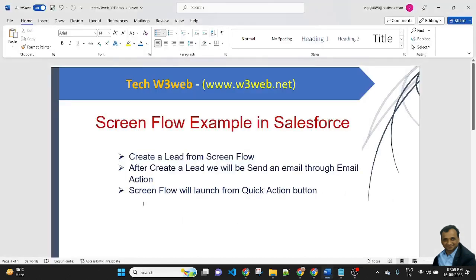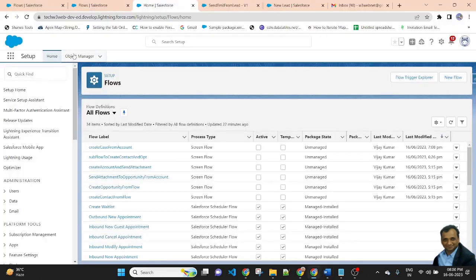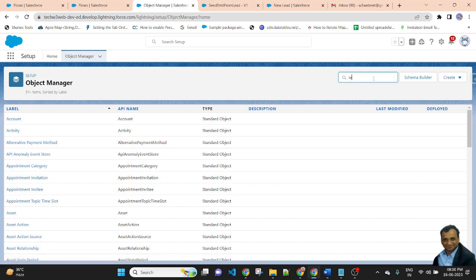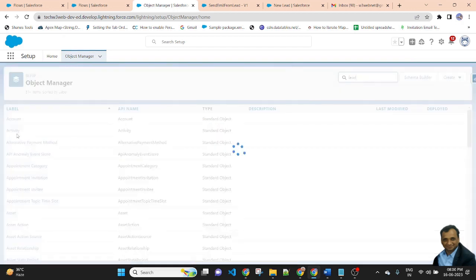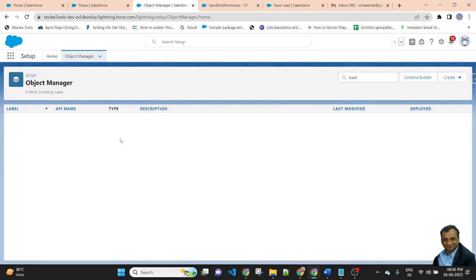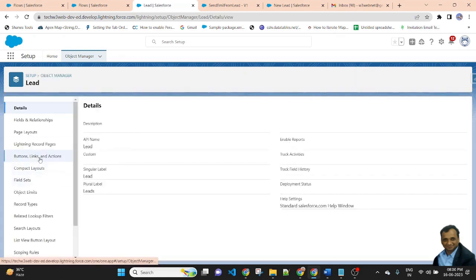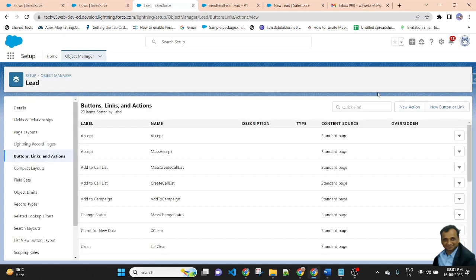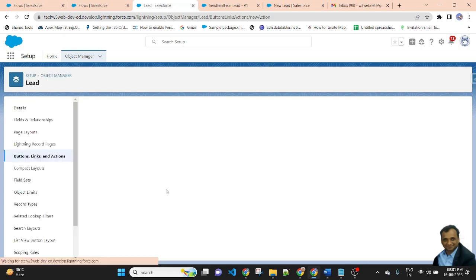So friends, in this scenario we will call the screen flow from a quick action button. I will create a quick action button on the lead. Go to the Object Manager, Lead, Buttons, Links, and Actions, New Action.